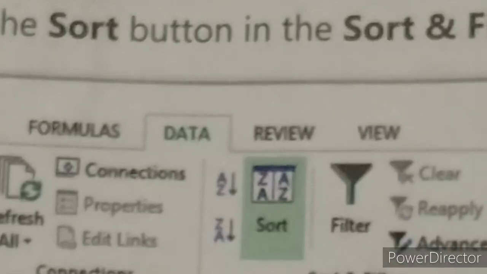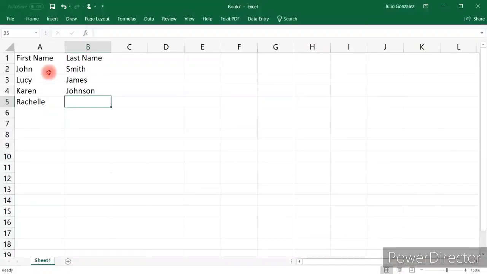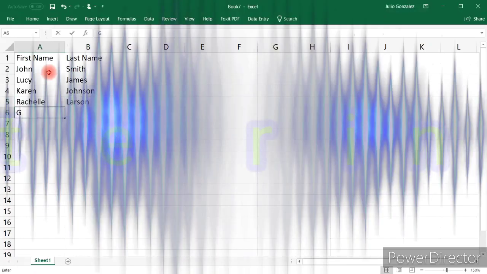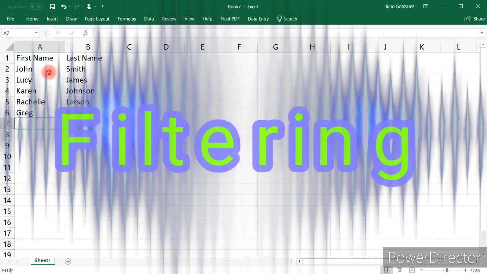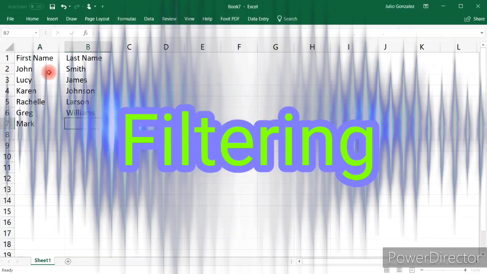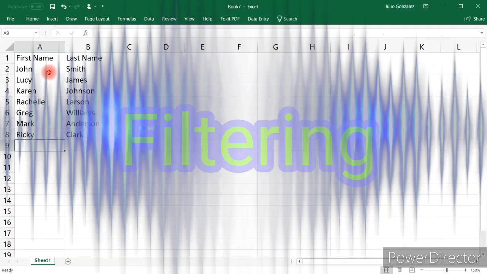Now let us move on to the topic of filtering. Filter by specific text or numbers. This feature allows us to hide the data according to the criteria we specify. It will hide the rows or columns that we don't want to show. We can redisplay the data later at any point of time. We can use filter in the worksheet. It is very simple. Let us understand with the help of an example.